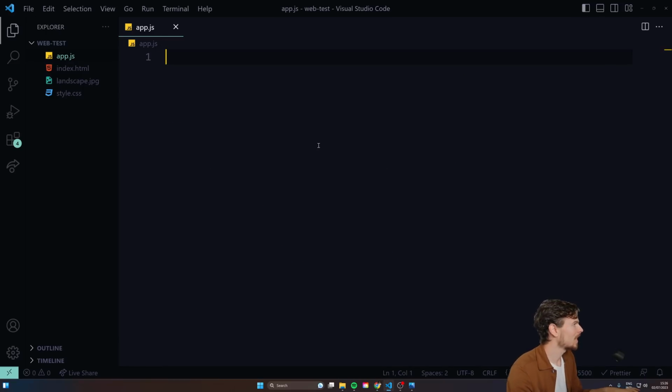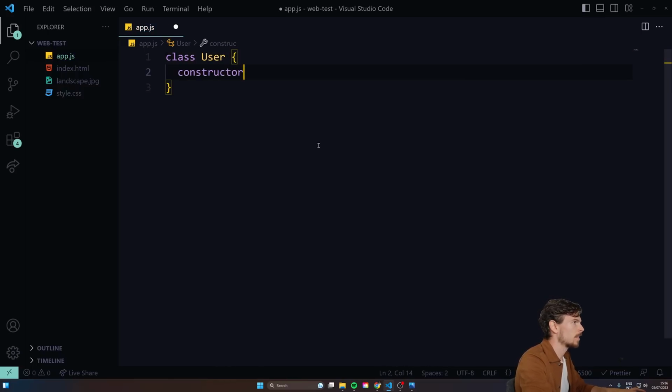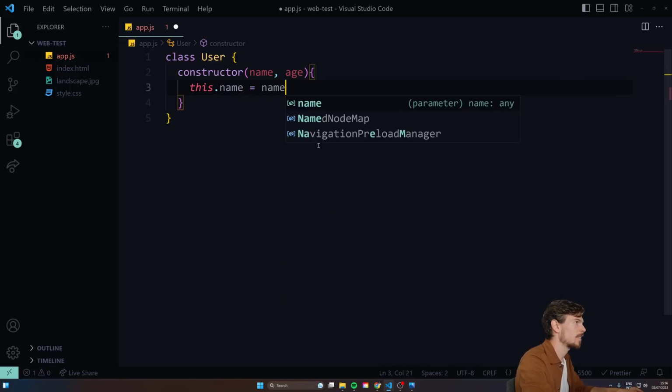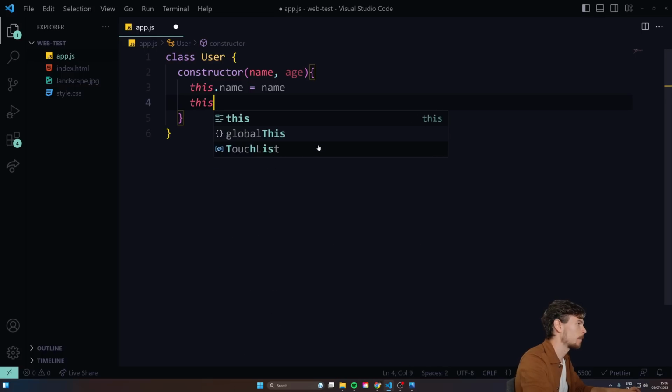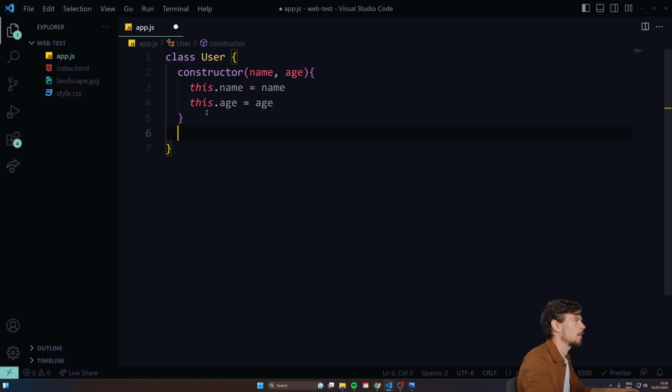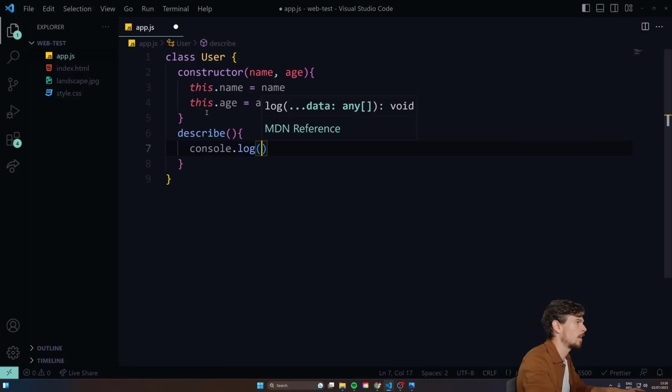Now, if we're working with classes, it's pretty much the same as working with a constructor on a function. So if I do a class of user, we can do a constructor here and pass in maybe a name and an age. All right. And then here we can call the keyword this dot name and set it equal to the parameter that gets passed down. And then we can call this dot age and set that equal to the age as well, like that. And again, we can have maybe a describe method down here where we can just console log